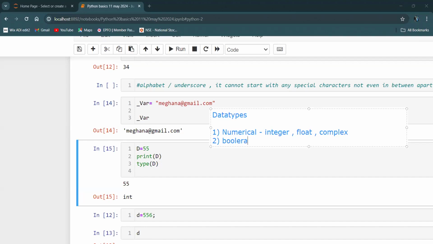Second one, we have Boolean. Boolean is nothing but true and false. If I write something as TRUE in capitals, this is not Boolean. If I write FALSE in capitals, this is also not a Boolean. Only this true and this false is a Boolean, because Python is case sensitive.